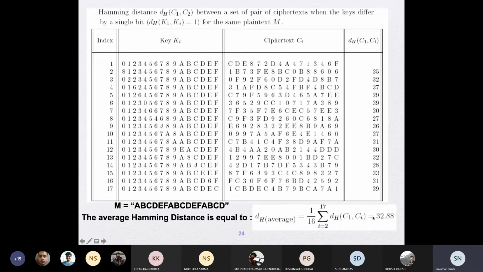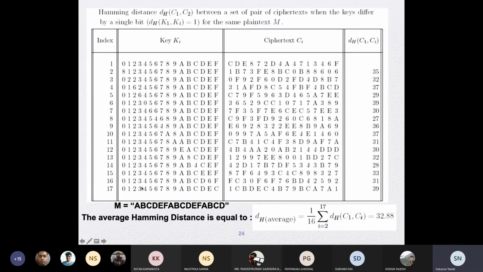Now if I go for the confusion, we are looking at the Hamming distance between keys, which is 1. So in the second column, the distance between the key and the first entry is 1. You can easily find out it is 1. For example, in the second row, the difference between the first two entries in the second column is a 0, 1 change. And if you look into the ciphertext, there are a lot of changes.